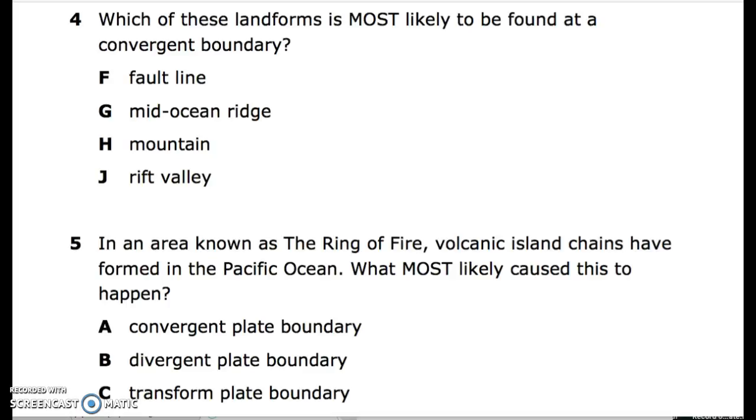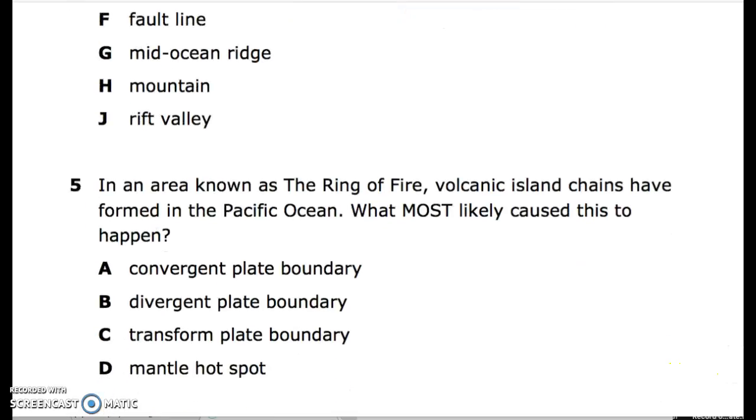Number 4. Which of these landforms is most likely to be found at a convergent boundary? F. Fault line, G. Mid-ocean ridge, H. Mountain, J. Rift Valley. Number 5. In an area known as the Ring of Fire, volcanic island chains have formed in the Pacific Ocean. What most likely caused this to happen? A. Convergent plate boundary, B. Divergent plate boundary,